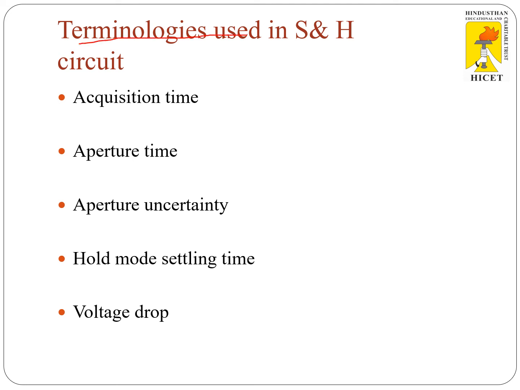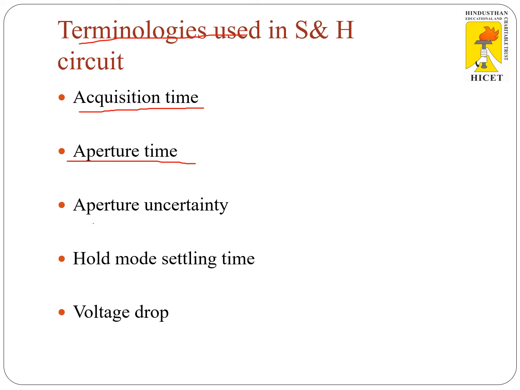Here in this slide we are going to see the terminologies used in the S and H circuit. First one, acquisition time, which we also refer to as TAC. The time required by the capacitor to get the charge of the input voltage applied to the sample and hold circuit is called acquisition time. Next one we have aperture time, TAP. Aperture time can be defined as the time required by the capacitor to change its state from sampling to holding. Due to the propagation delay of the switches, even after the hold command is given, the capacitor still keeps on charging for a short duration of time. This is nothing but aperture time.